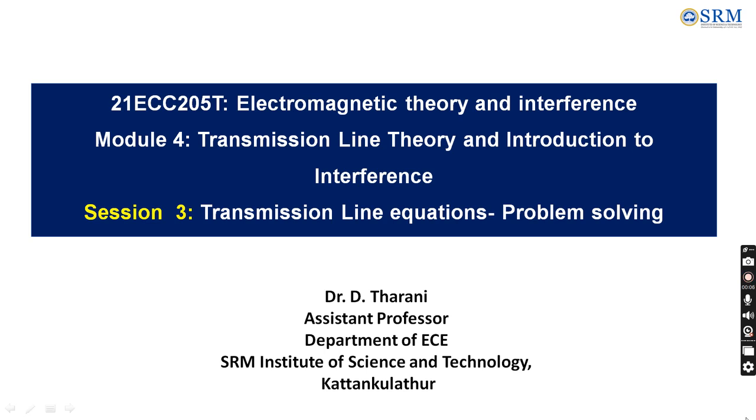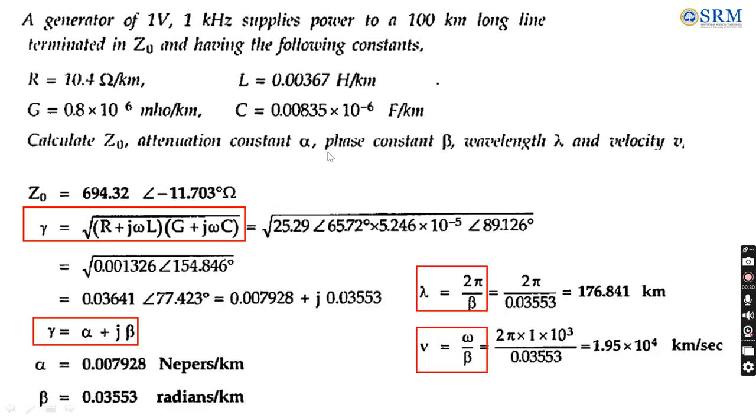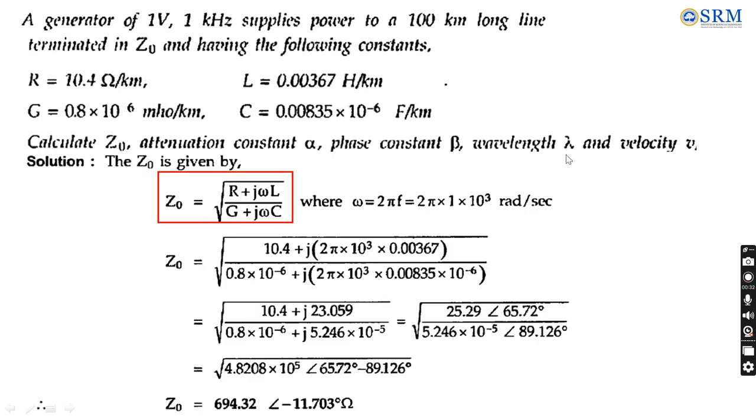In this session, let us see how to solve a problem based on transmission line equations. We have been given a generator of 1 volt, 1 kilohertz, which is supplying power to a 100 kilometer long line terminated in characteristic impedance Z0, and they have the following constants R, L, G and C. We are asked to find the characteristic impedance Z0, attenuation alpha, phase constant beta, and wavelength lambda, as well as